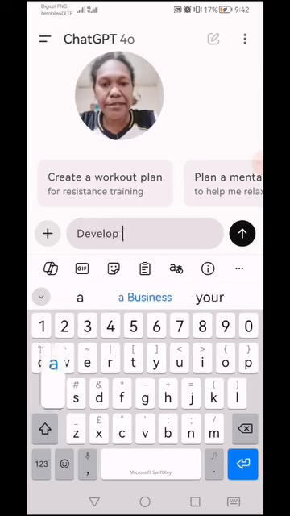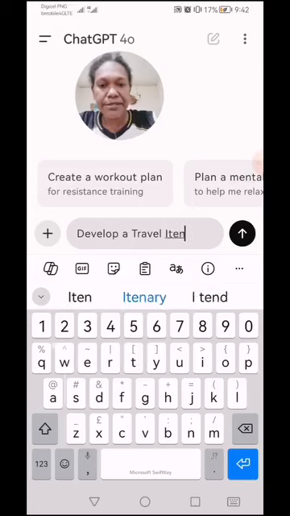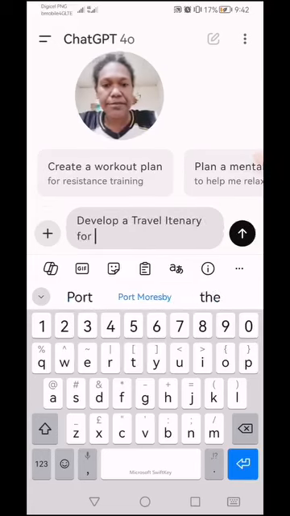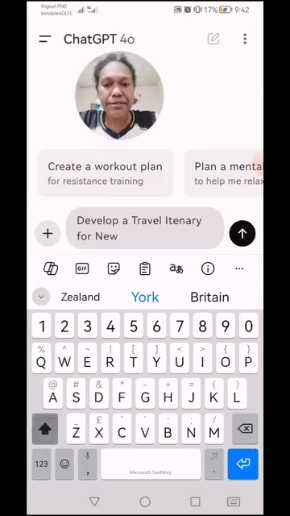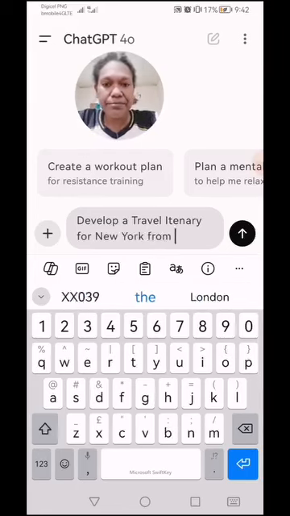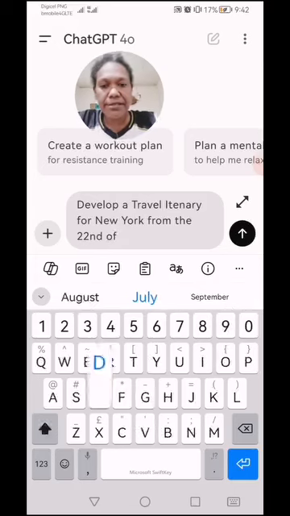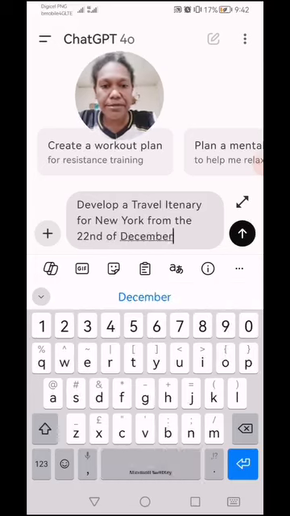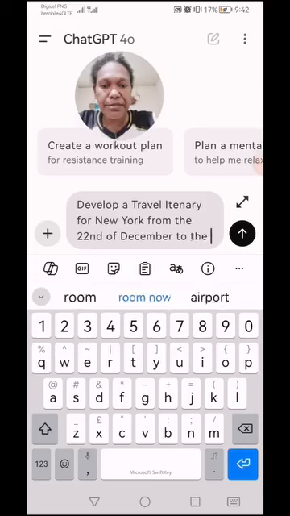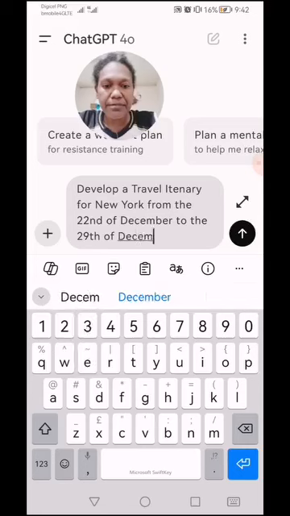Develop a travel itinerary for New York from the 22nd of December to the 29th of December 2024.